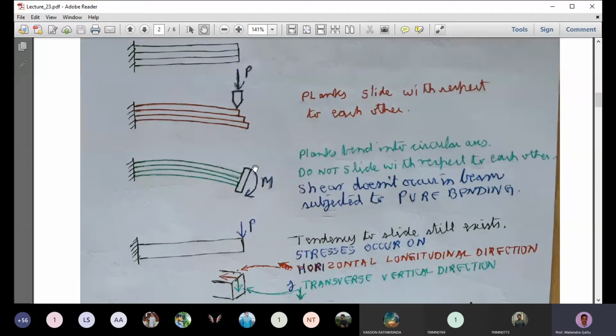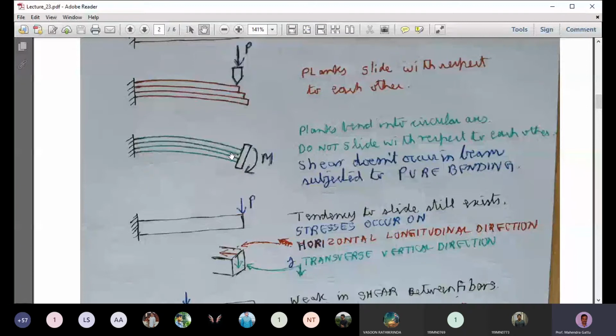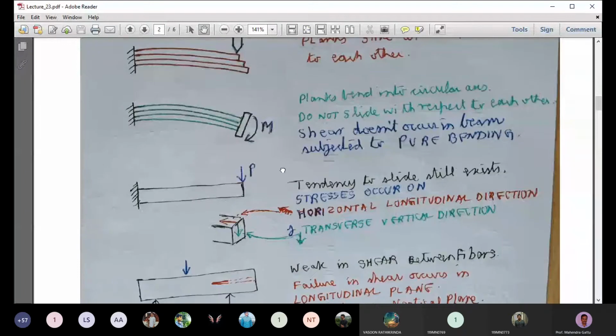Why is it subject to pure bending moment? Because there is M here, so to balance it there will be an M on the left end. There is no shear force acting anywhere in between, so this is a constant bending moment, and there is no sliding taking place and no shear force acting in this beam. The main thing is that whenever there is a transverse load P, there will be a sliding action. Now we are taking a homogeneous beam, instead of these separate beams. We are taking one solid beam and subjecting it to this vertical load.